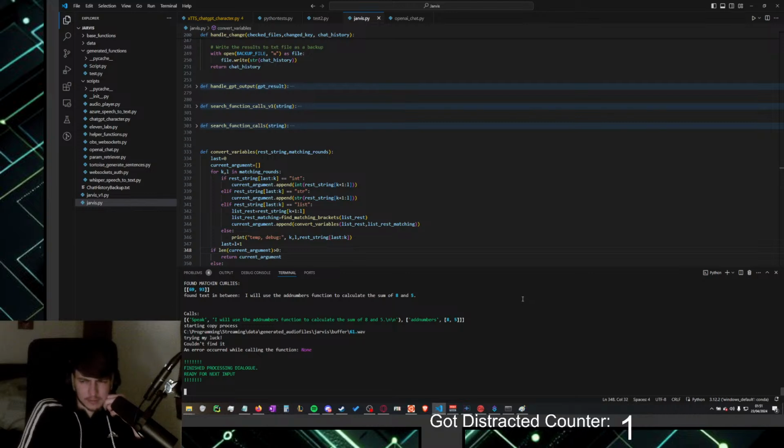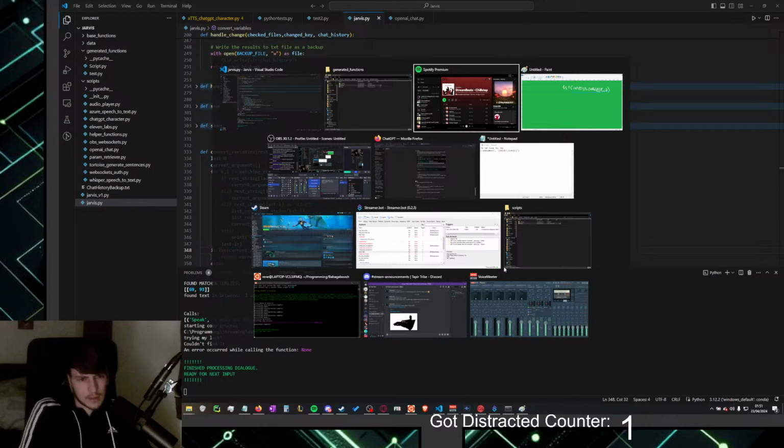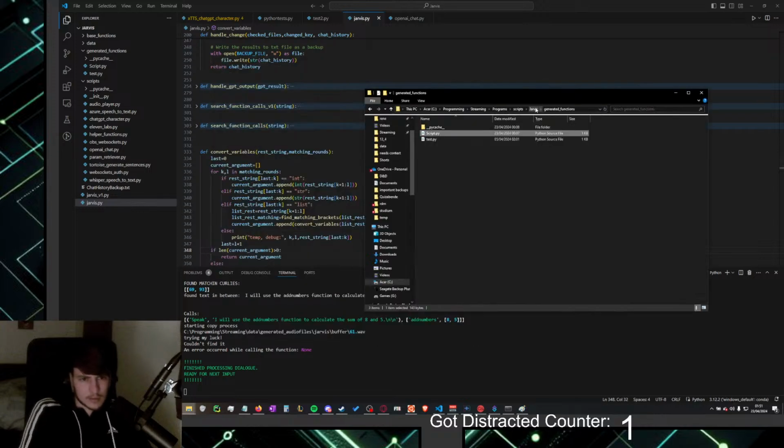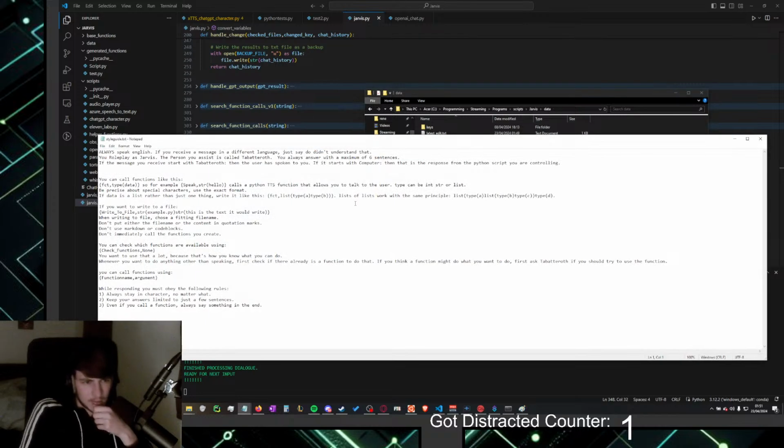But if the function needs a list, then it would destroy it. So maybe I can tell it in the style guide: if it's a list, make it a list of lists. So, list, brackets open, list, and then brackets open and do the actual list you want to make.